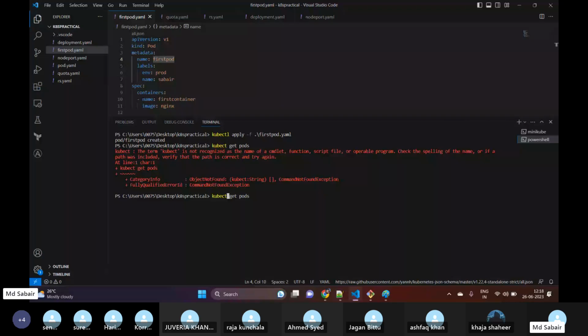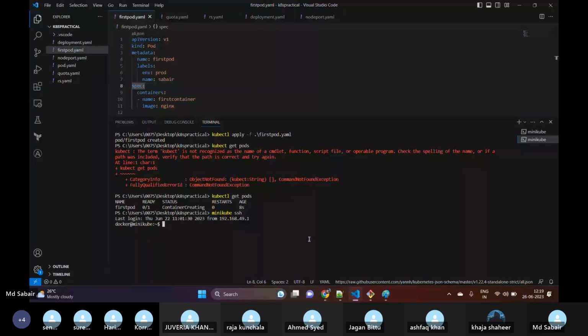So here, whenever I have created any container, I haven't specified any CPU limit. I mean, how much RAM it should use, how many CPU cores it should be using, right? So what is happening? If I do minikube ssh and log into my node, this is my node, right? So if I do docker stats, then here I can see